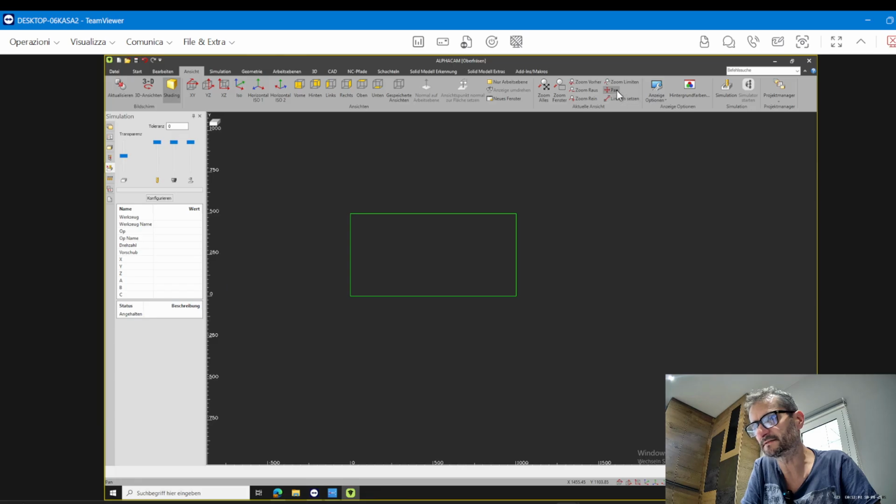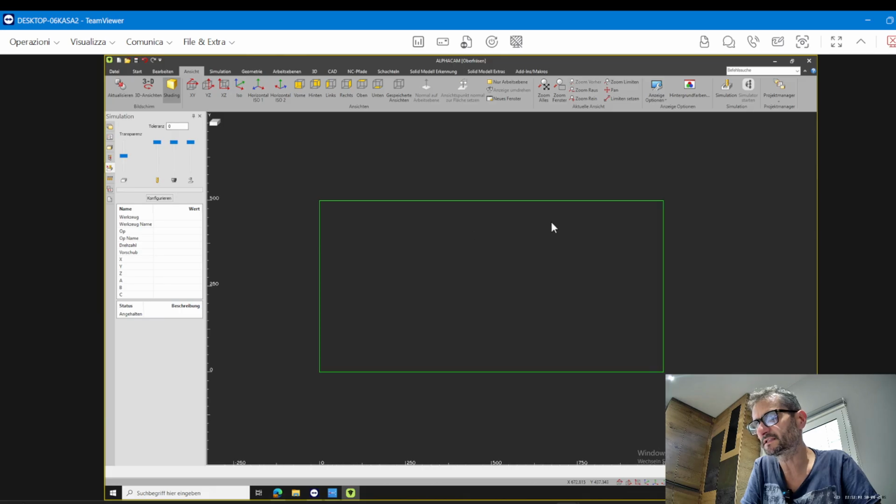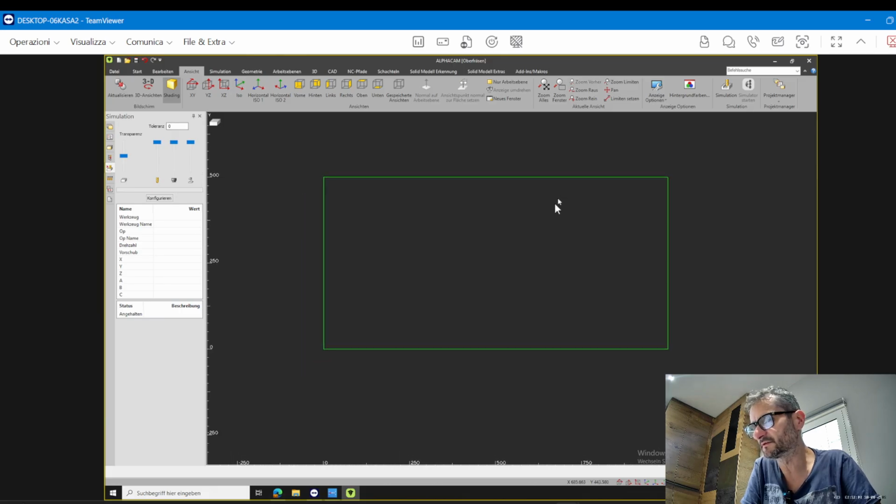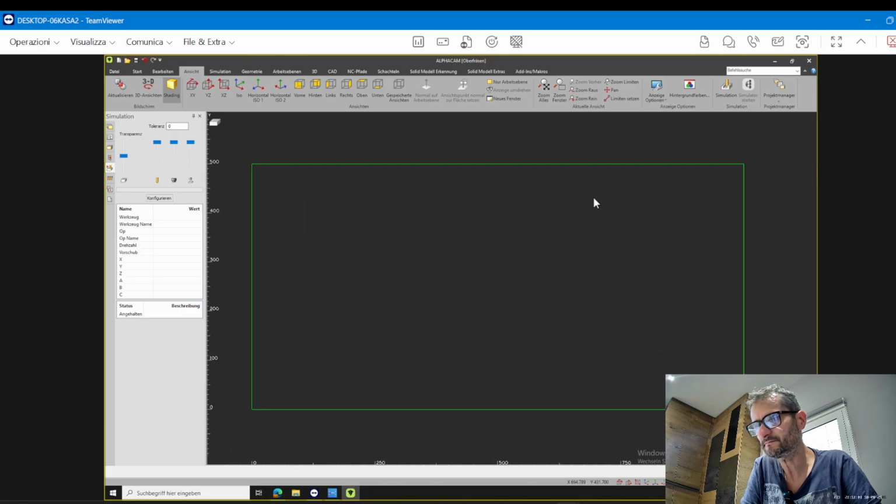So it's like this. So we are moving all the table, not the drawings. Okay, we just move the visualization of the table. Okay, so